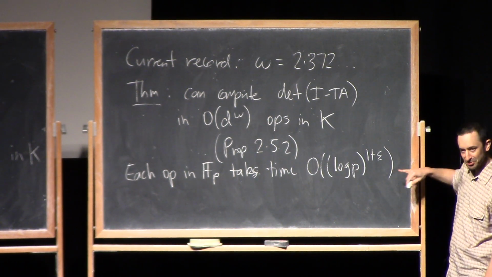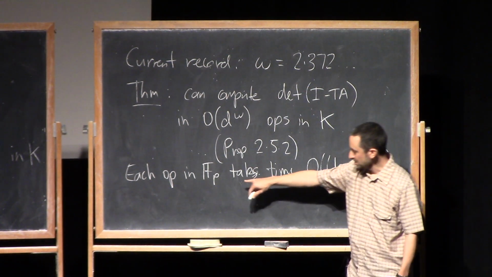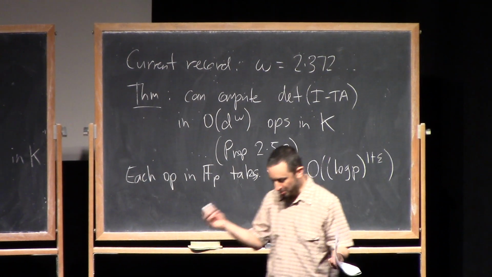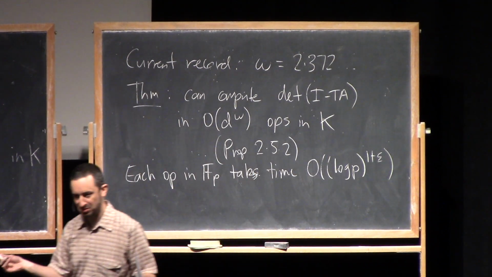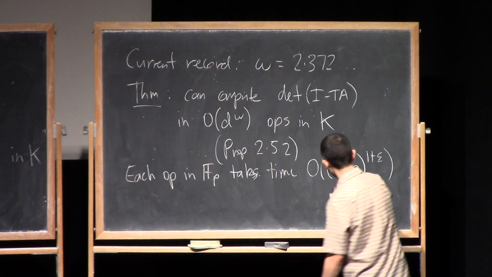So where am I getting this from? So let's just look at this for a second. So in FP, you represent elements of FP by just integers between 0 and P, right? So if you want to add 2 of them, that takes linear time. That's O of log P. If you want to multiply them, you'll get log P